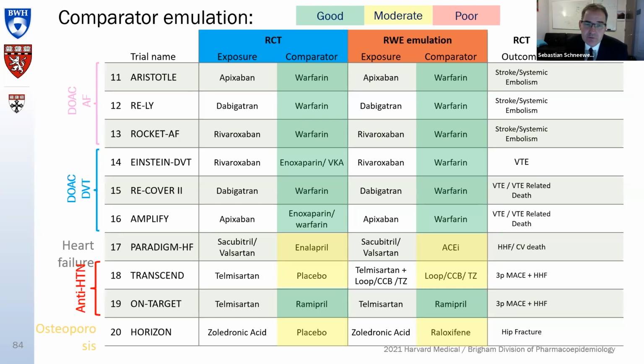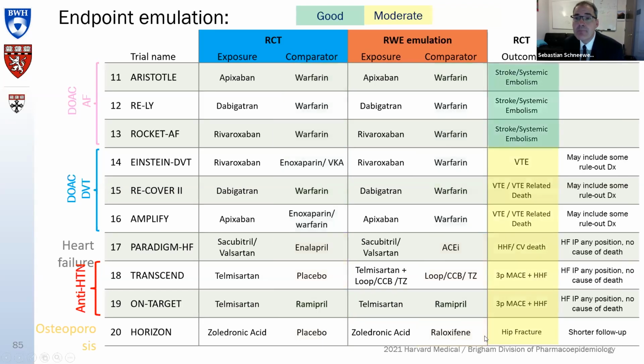For HORIZON pivotal, zoledronic acid against placebo, we used raloxifene as an emulation of the placebo, also knowing that in HORIZON about 30 to 40% of subjects were actually using raloxifene in the background. So, still not completely perfect, but a reasonable approximation. With regard to the outcome,